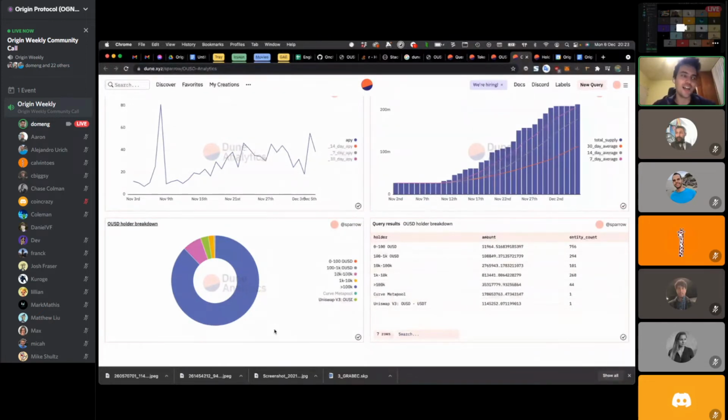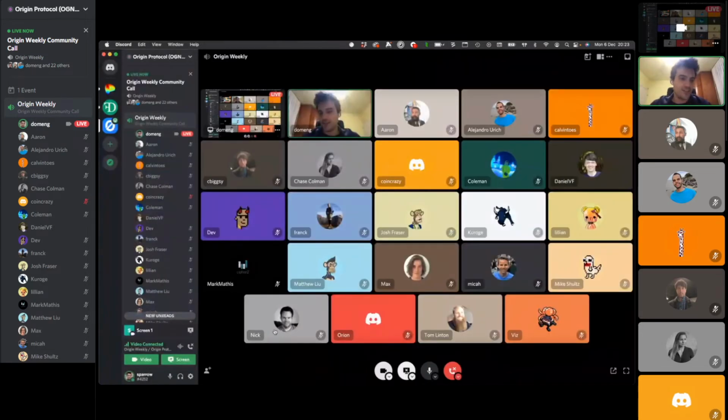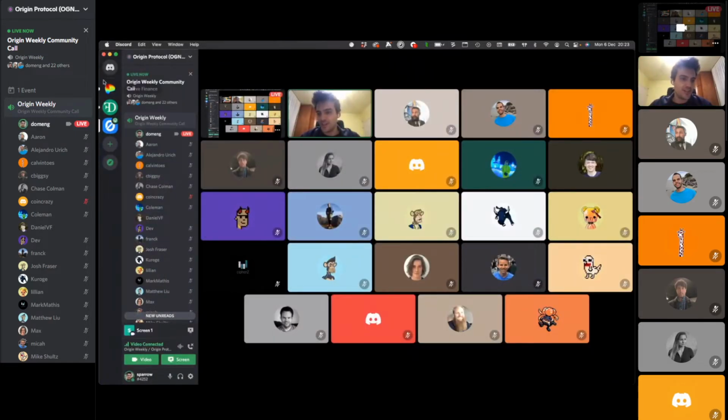Is it because of the higher APY that more people are putting in money, approaching it from the risk-adjusted returns perspective? It makes more sense and stuff like that.